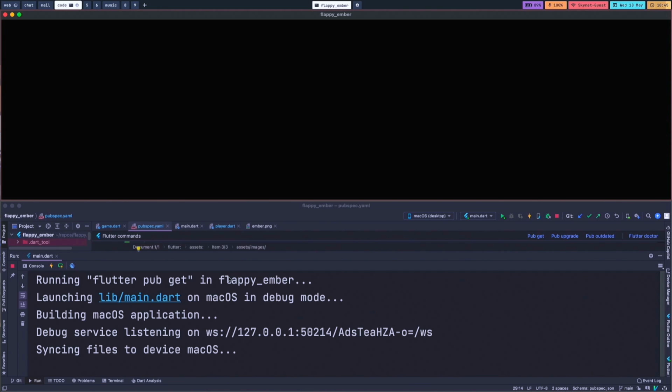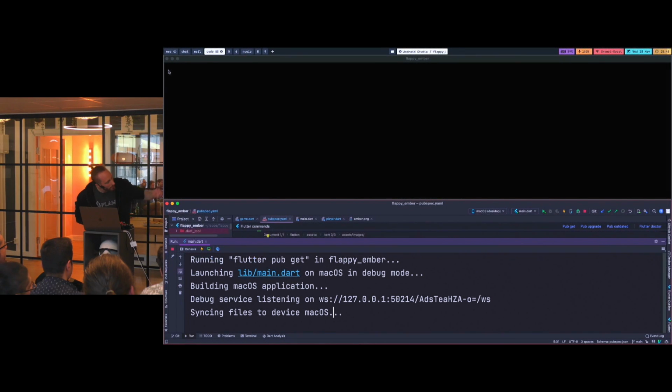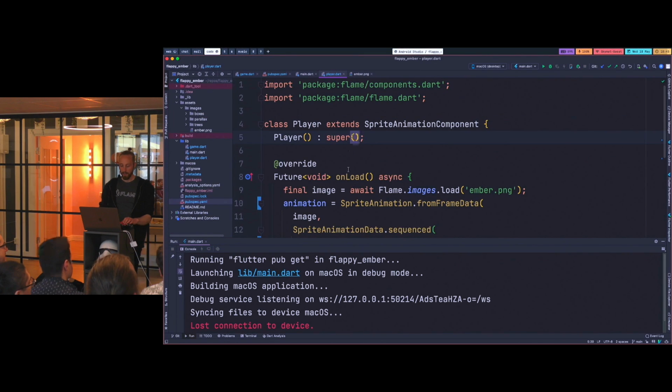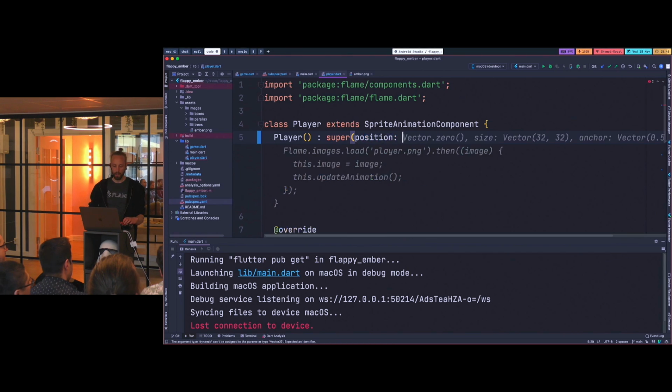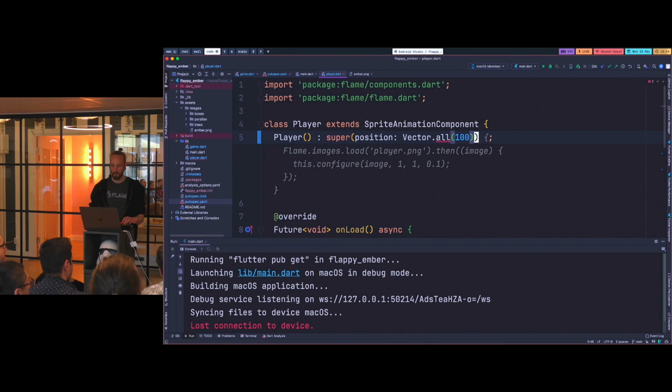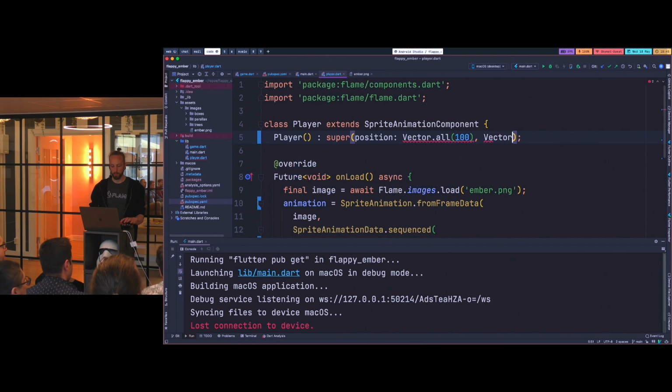So now it's running, but we can't see it. And that is because it doesn't have a size yet. So right now, it is at position 0, 0, and it has size 0, 0. So it is somewhere here, but with 0 pixels. So let's add that. And, oops, since this is a position component, then we can just add the position here. So say that we just want to put it at 100 pixels, 100, and we want it to be